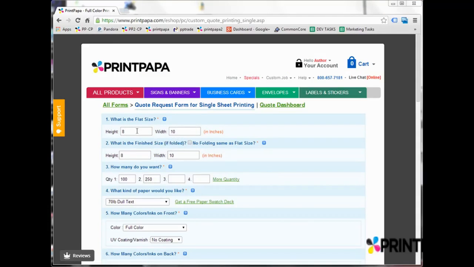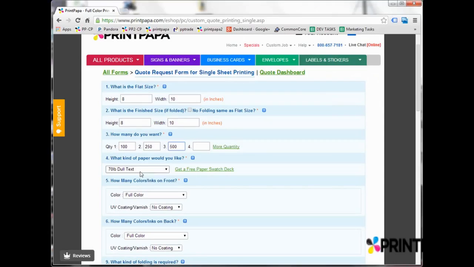So I'm going to start filling out. I'm requesting a flyer, which is an 8 by 10 flyer, and I checked the website. We don't have an 8 by 10 flyer, so I'm going to select the flat size as 8 by 10. Since there's no folding, it's going to be 8 by 10 also. I need a quote on two different quantities, 100 and 250. I can also request a quantity of 500. The nicer thing is the more you go up on the quantity, the prices actually don't double or triple based on the quantity. It actually goes down on the unit price. So it's always good to get a quote for a couple of quantities.